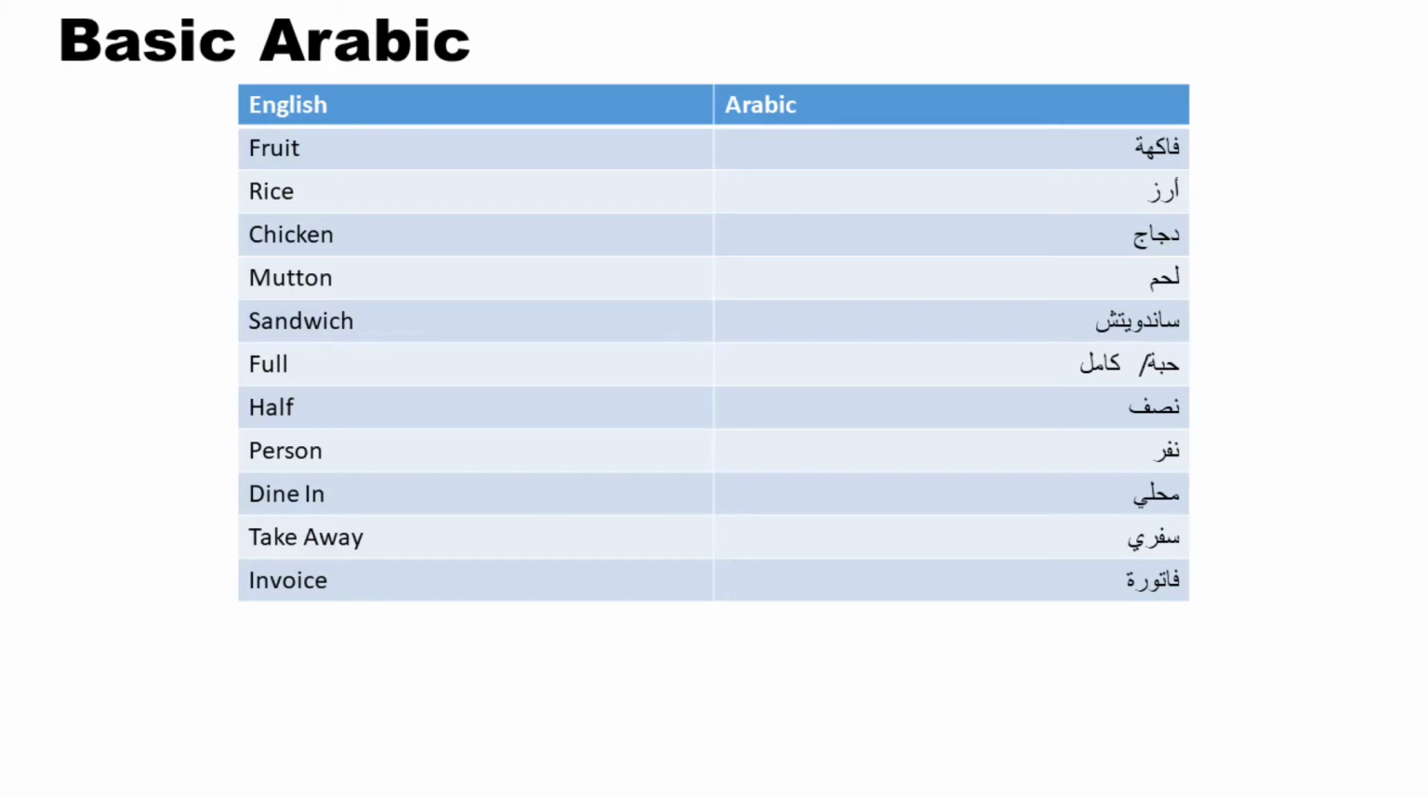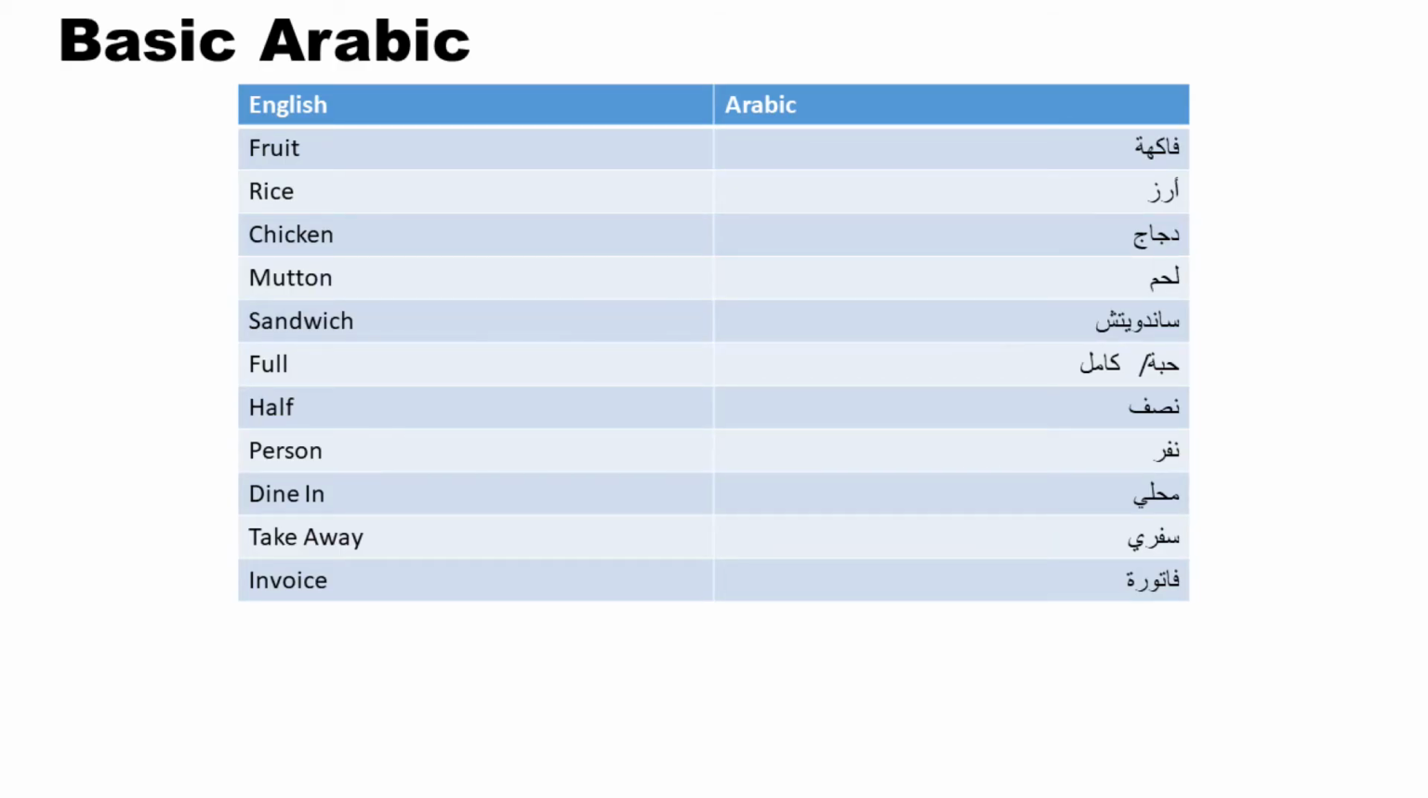If you want a half, you can say nus. Especially when you are buying a chicken and rice, they will ask you need a full or you need a half chicken. So you can say haba means full, you can say nus means half. If you want for a one person, you can say nafar, and they will give you the quantity which one